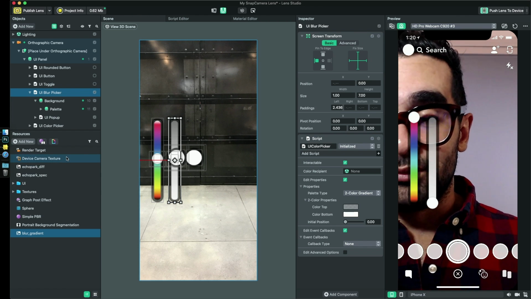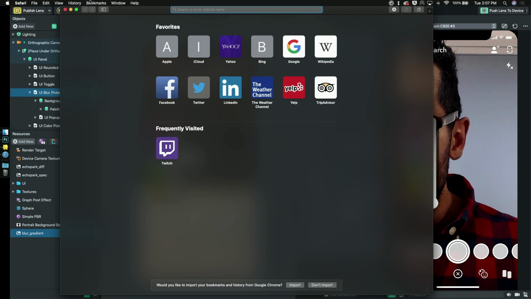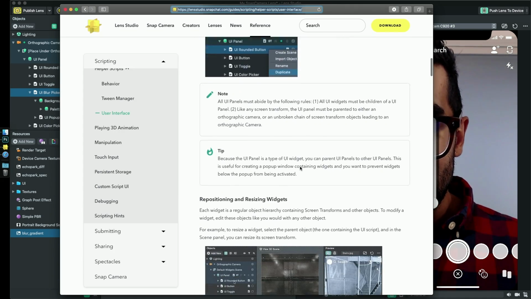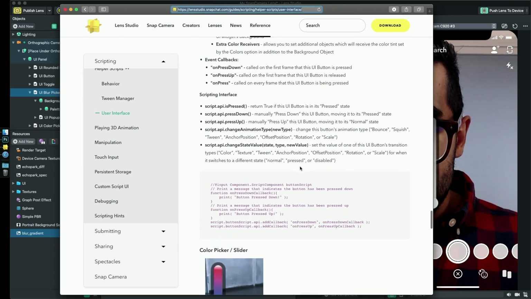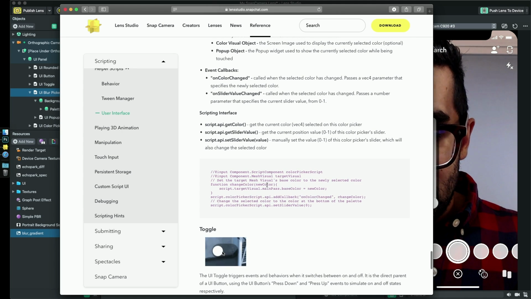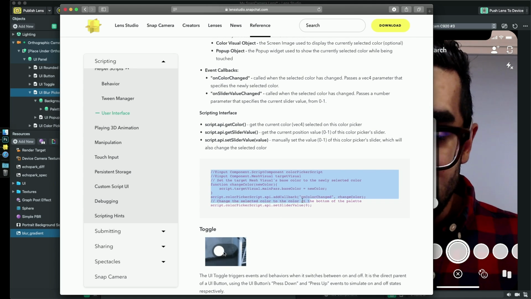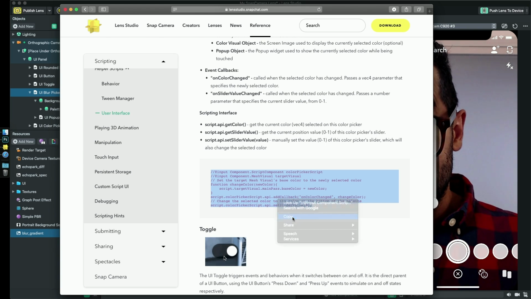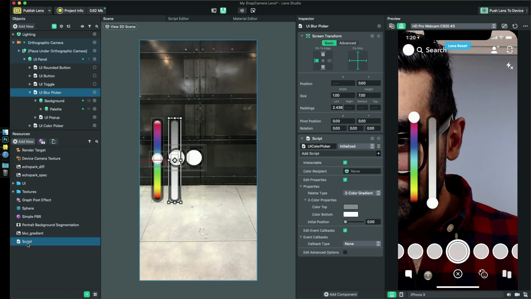We just need to go to the Lens Studio website on the actual guides that we went to. I'm gonna open it up and we're gonna see some examples. I'm gonna find a color picker and then scroll down, and now you can see there is an example for color picker that I think is doing what we need. I'm just gonna copy it without looking at it